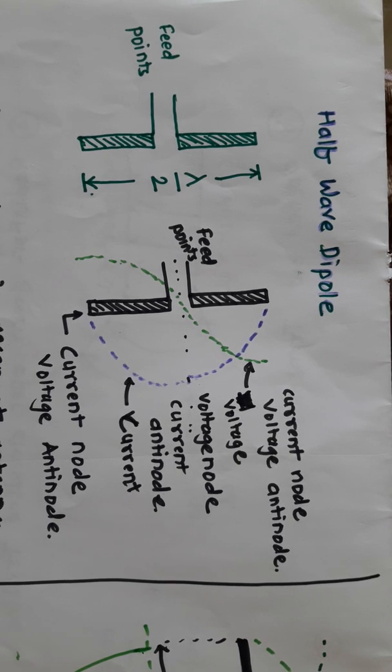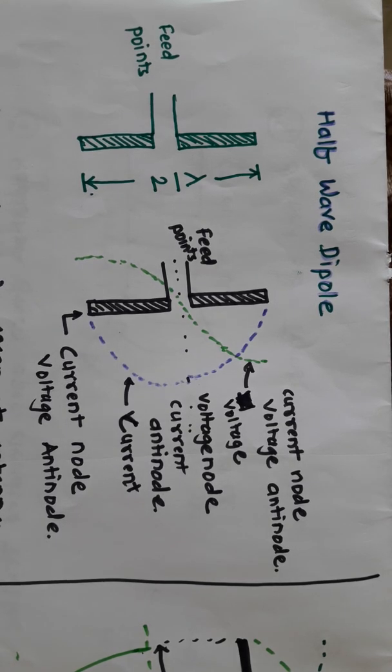So, dear students, in our previous lecture, we discussed how the transmission line is converted into the half wave dipole. We saw that if we extend the open ends of the transmission line and make them flare at 90-degree angles to the feed point, then what is generated is nothing but the half wave dipole. Why are we calling it a half wave dipole? Because the length of the conductor is half of the wavelength, right?